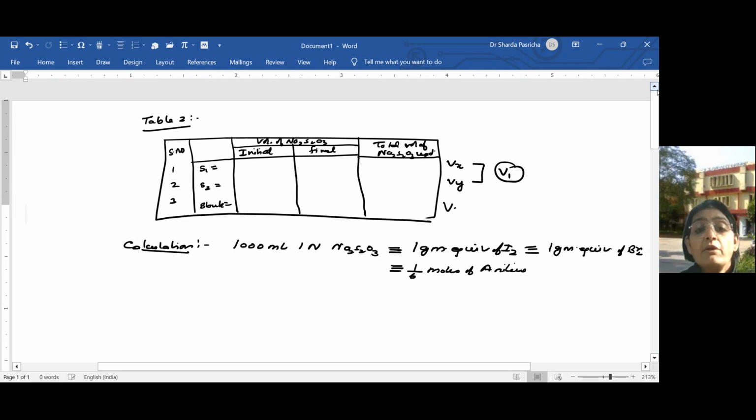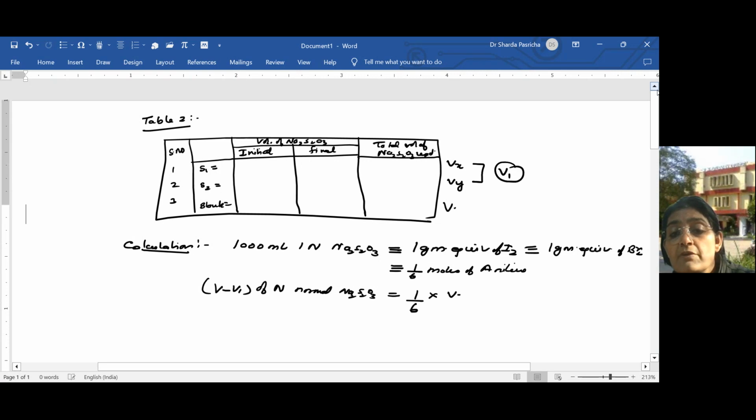So what we have is V1 ml of N normal sodium thiosulfate. So from this equation, it will be equal to 1/6 into V minus V1 into N into M